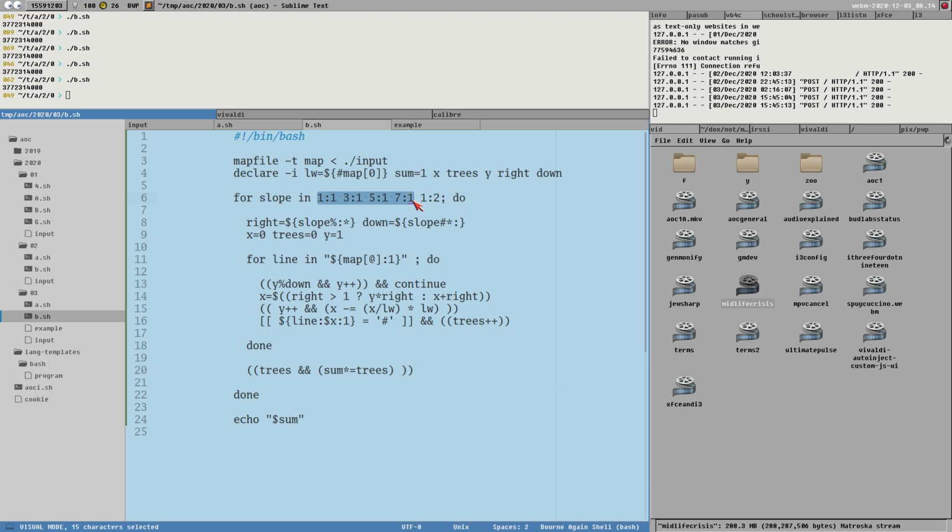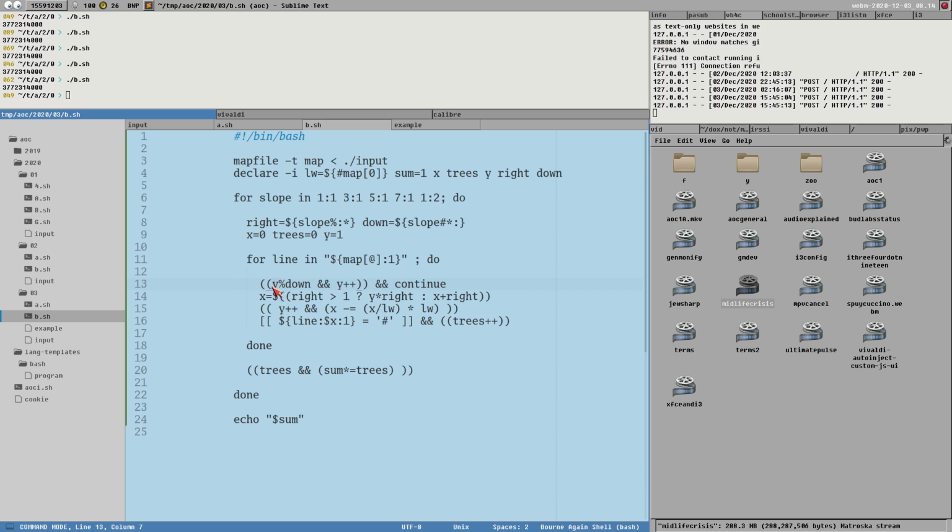I thought it would be easy to just add it like a loop here, and all of these were correct immediately for me. But this one became completely different, because here it is 1 right but 2 down instead. And what that really means is that you need to skip every other line. And I don't know, something broke for me with this, how to calculate if I should skip a line or not. But what I do is just